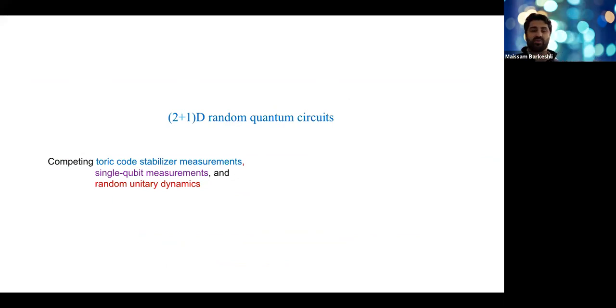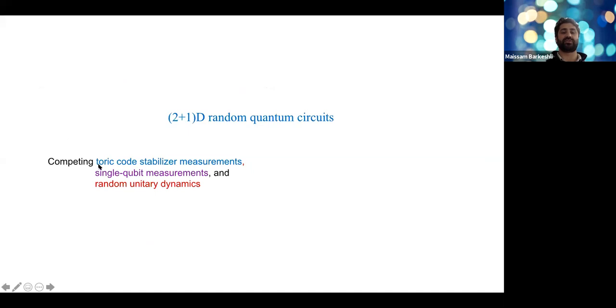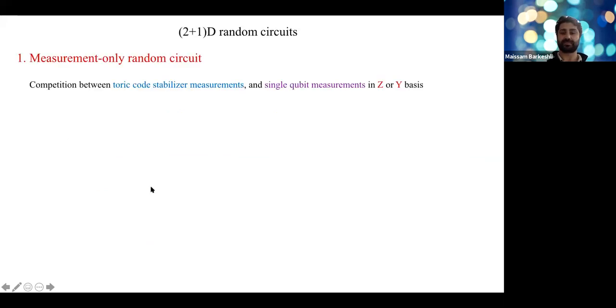Okay, so those were our 1+1D results. Now let me discuss 2+1D, and try to get through it more quickly. So here, we're going to go to 2+1D. We're going to add toric code stabilizer measurements, single qubit measurements, and again, random unitary dynamics. There are 2 classes of circuits that we look at. One is a measurement-only circuit, where we have a competition between toric code stabilizers and single qubit measurements in the